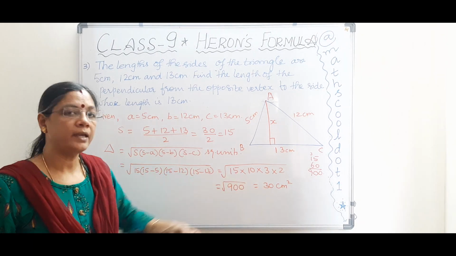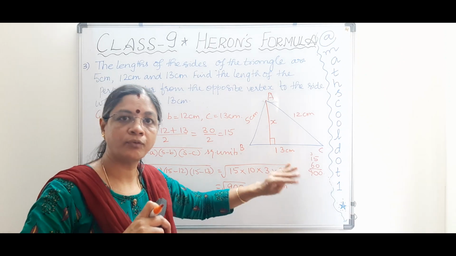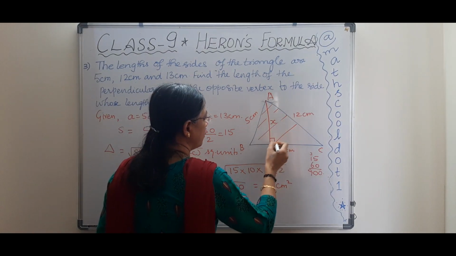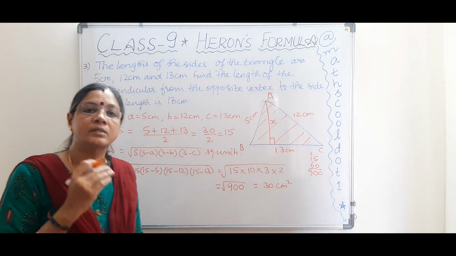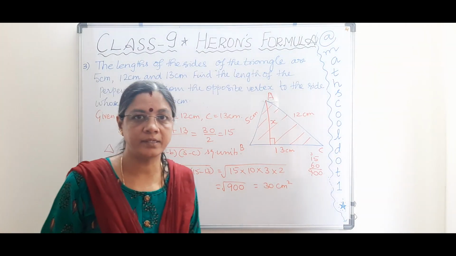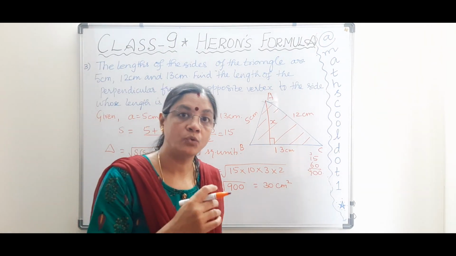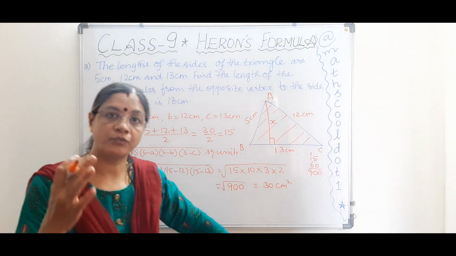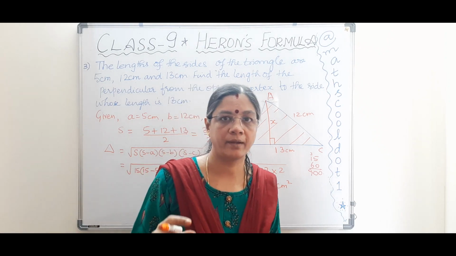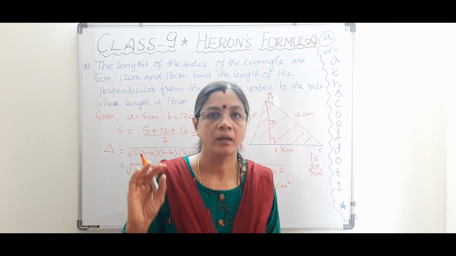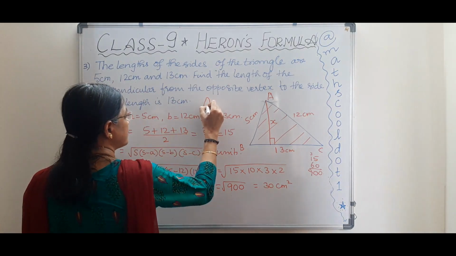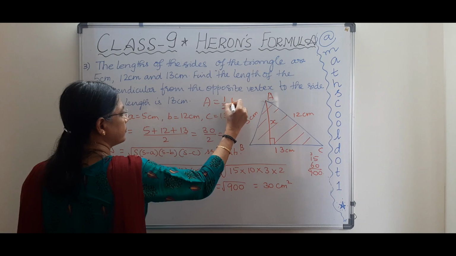Now we have found the area of the triangle. Now what is the use of the area we have found out, right? So we have found out the area of the triangle using Heron's formula, isn't it? Can you think of another formula used to find the area of the triangle? The area of the triangle can be found out by the formula which we usually use, isn't it?